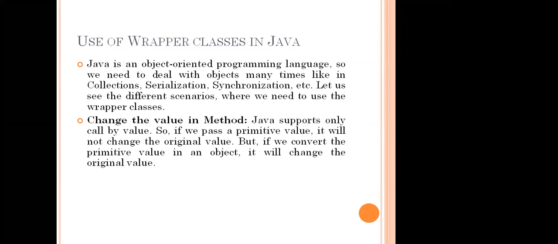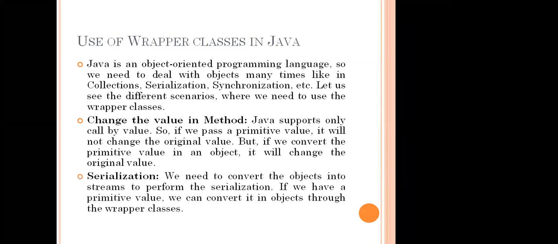But in call by reference, once we finish swapping, it will automatically change the original values also. The original places also have their values changed. You know that very well. If you need, you can request, and I will send you the programs with a clear explanation. So it will not change the original values, but it converts the primitive types into an object. It will change the original values.